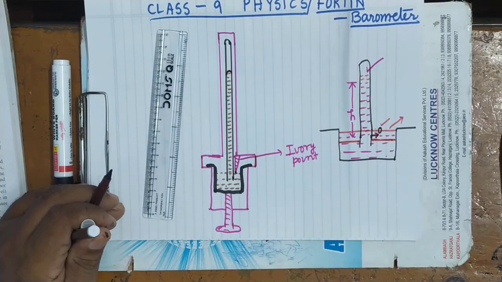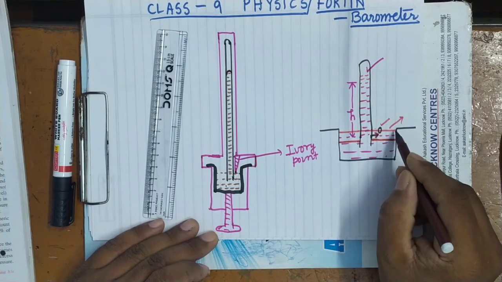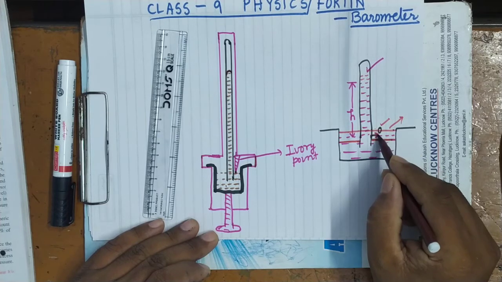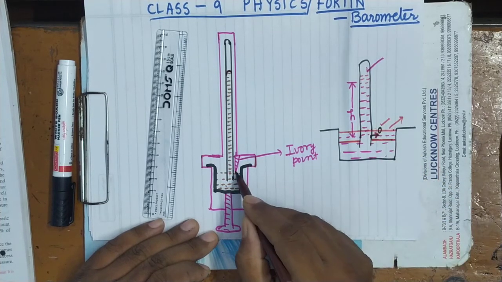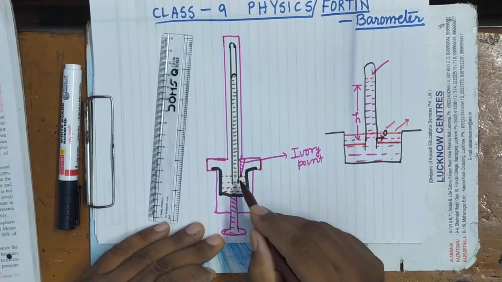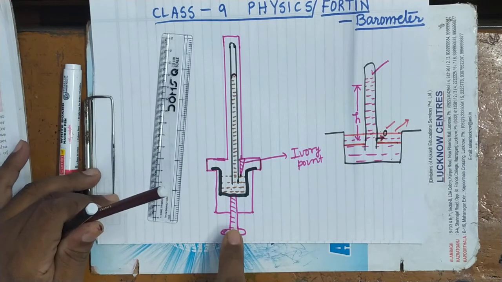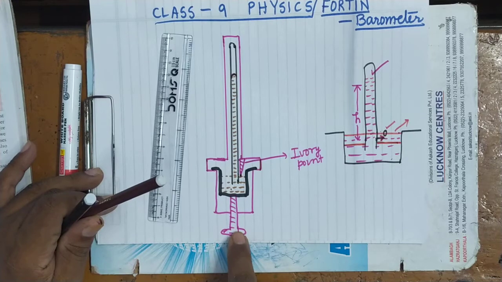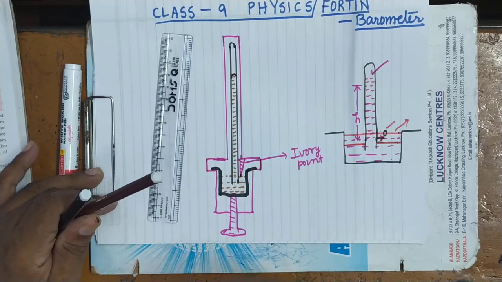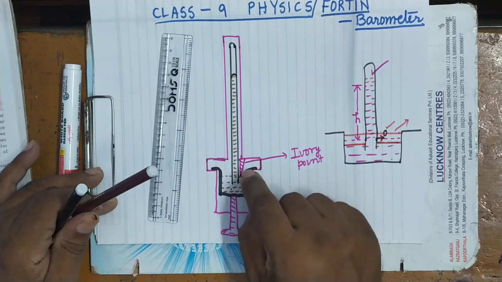It's clear? In case atmospheric pressure drops, then mercury will flow out from tube to the trough. When it will flow out from tube to the trough, then the situation will be like this. Mercury level in the trough will be above, and the zero, which is the tip of the ivory point here, will be below the level. Means this tip will be now immersed inside the mercury. So how will you adjust? Now you will rotate this screw in the reverse direction, so that the leather cap comes down, and once again the level will coincide with the tip.